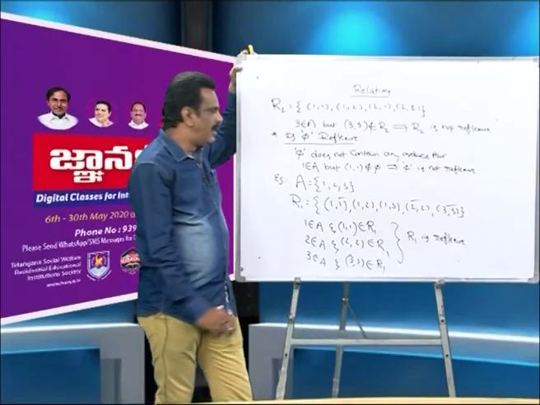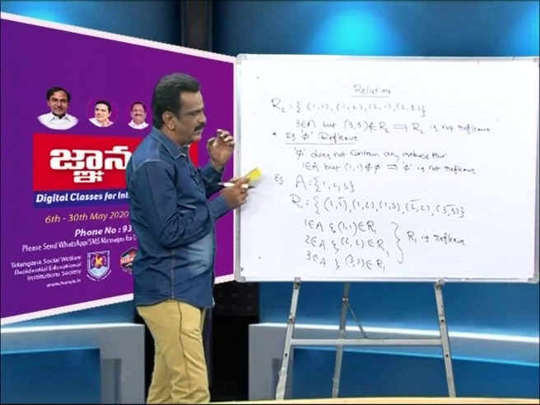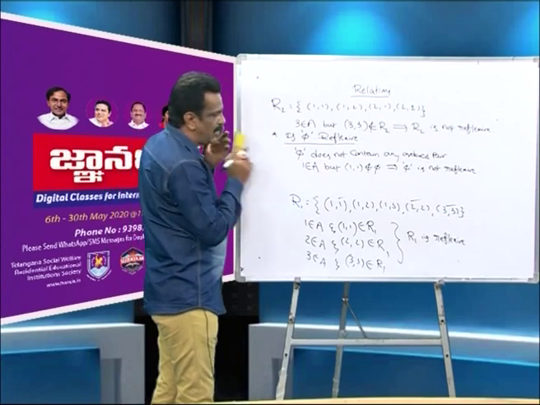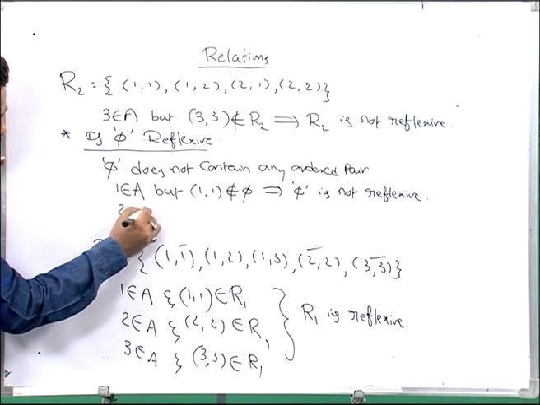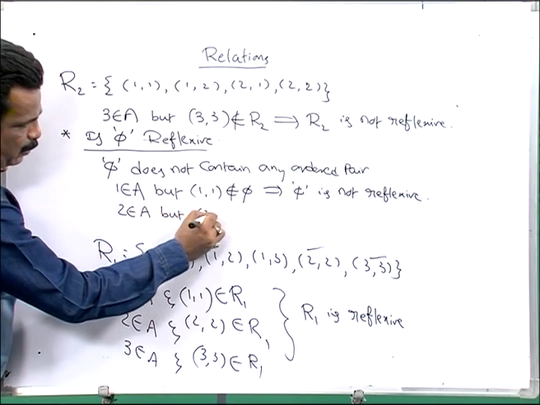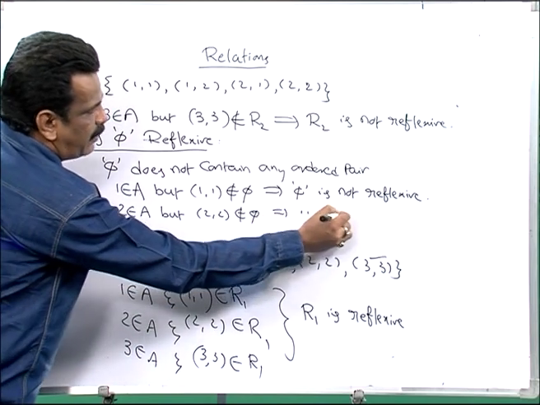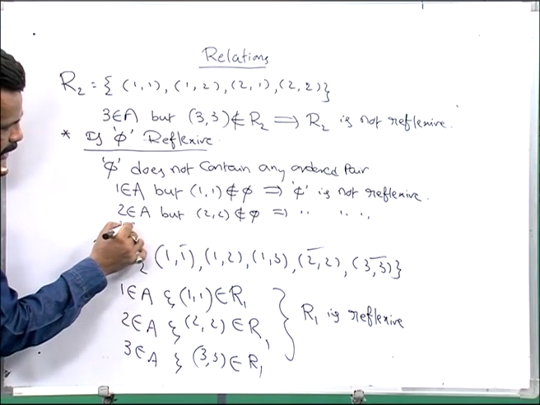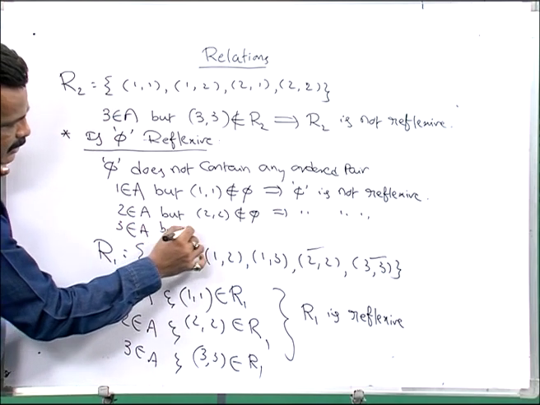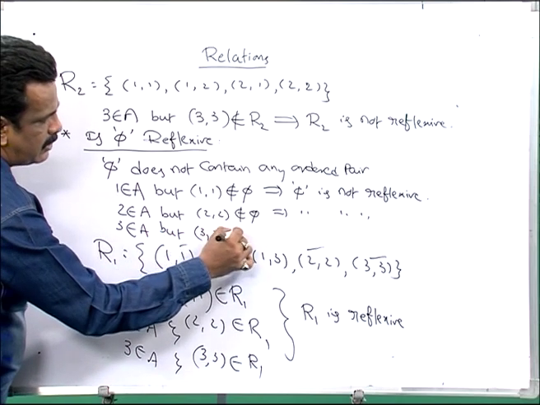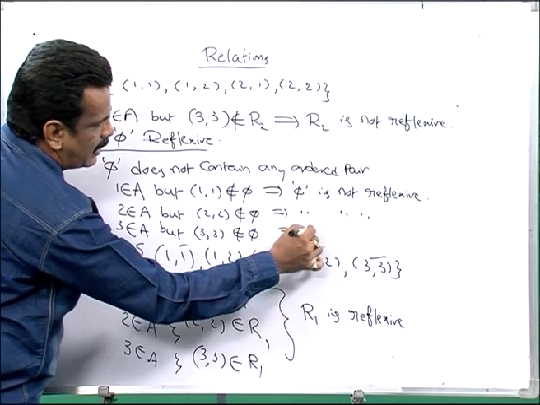And even we can see here 2 belongs to A, but 2 comma 2 doesn't belong to phi, and hence the same argument follows. Even 3 belongs to A, but 3 comma 3 doesn't belong to phi, and hence we can say it is